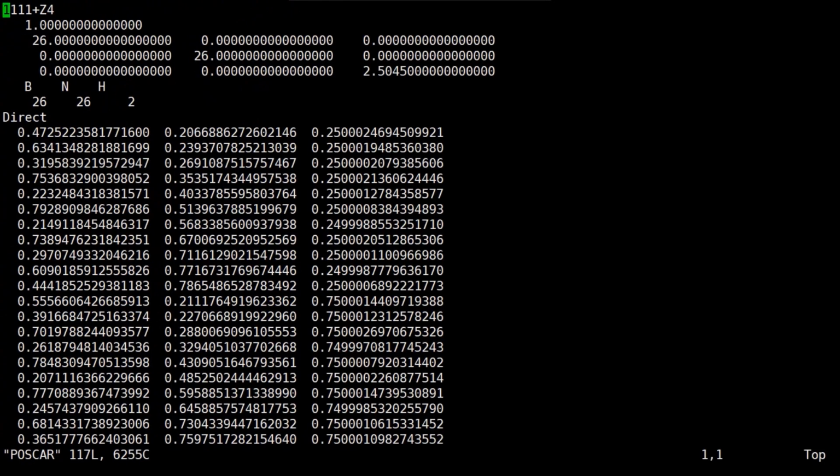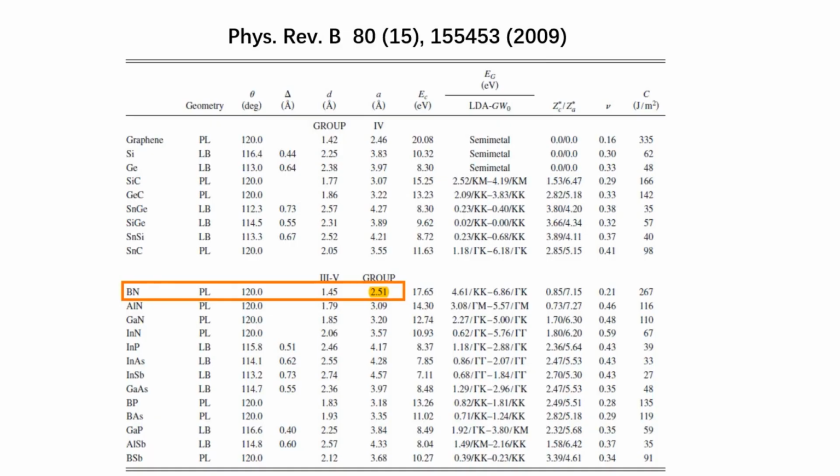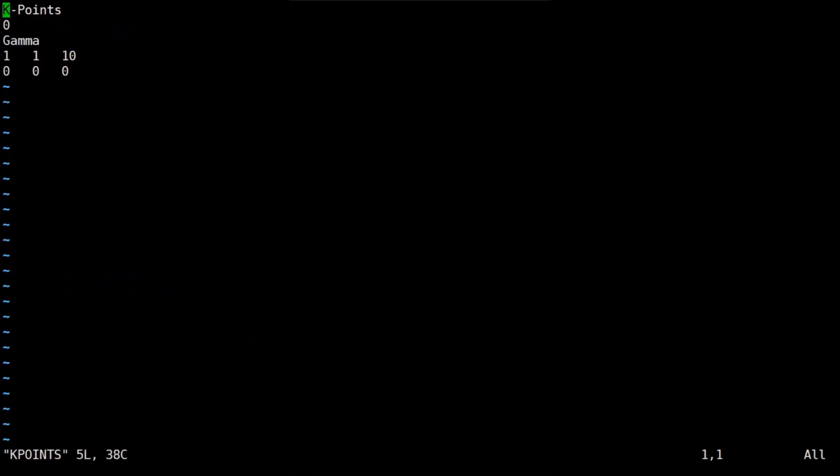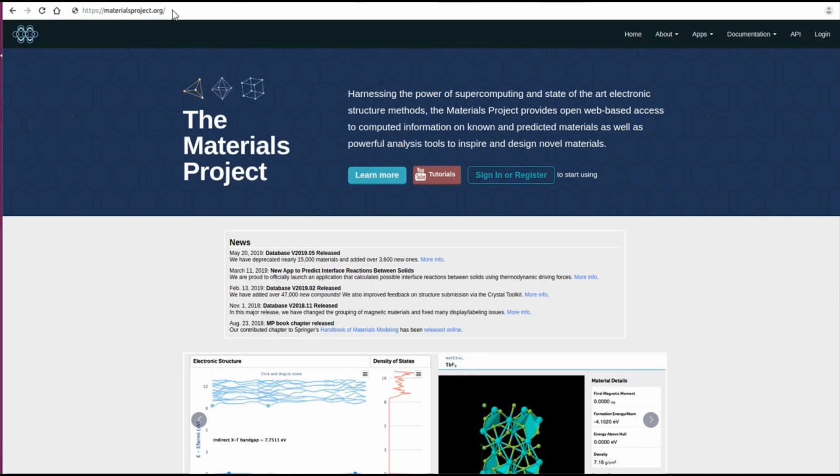The initial lattice parameters in the file POSCAR can be chosen from theoretical or experimental references, as indicated by the orange box. KPOINTS defines the k-point mesh, and POTCAR is the pseudopotential file. Generate the initial structure of boron nitride nanoribbon